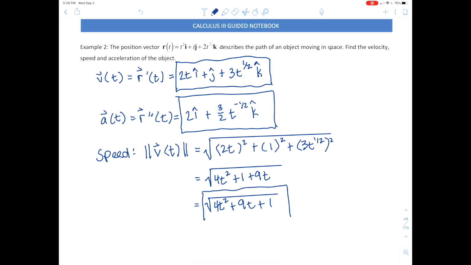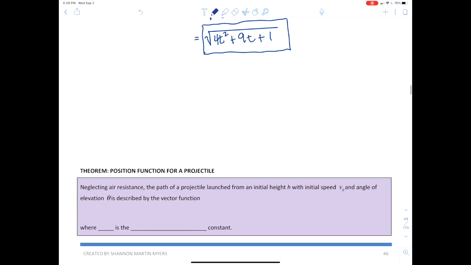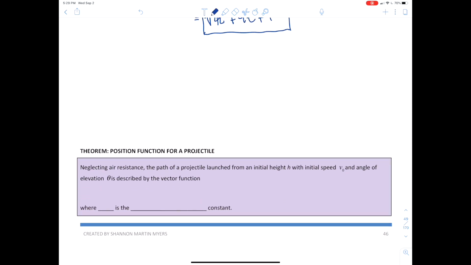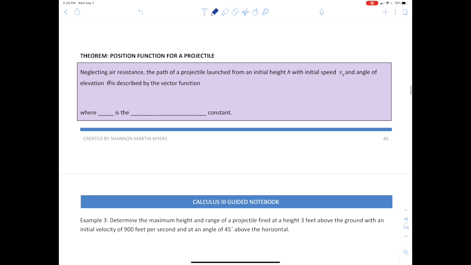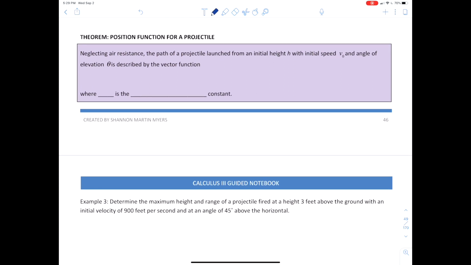All right, very good. Okay, next up, position function for a projectile. So, neglecting air resistance, the path of a projectile launched from an initial height h with an initial speed v0 and an angle of elevation theta is described by the vector function r at t is equal to v0 cosine theta times t, and then i,